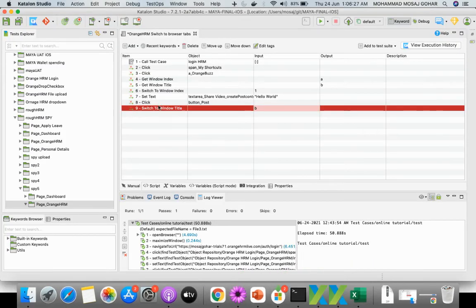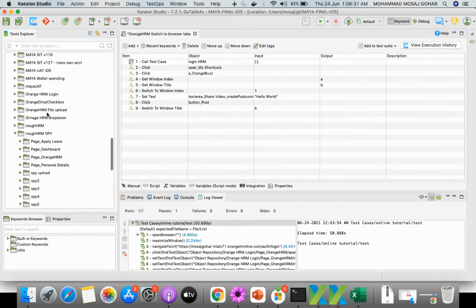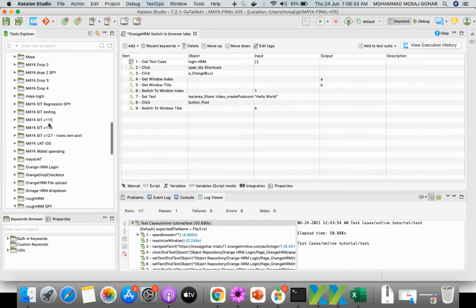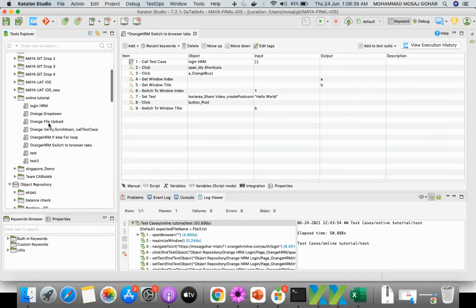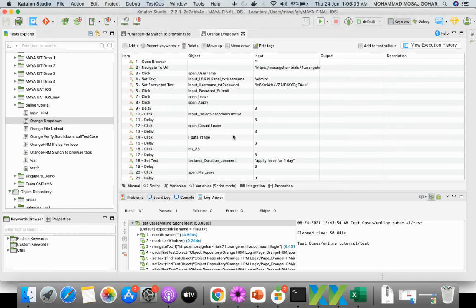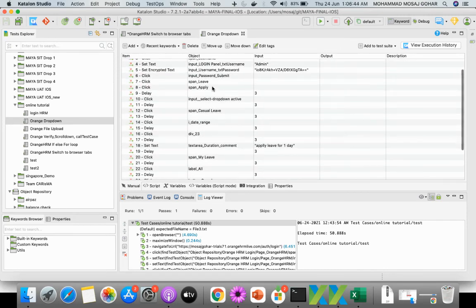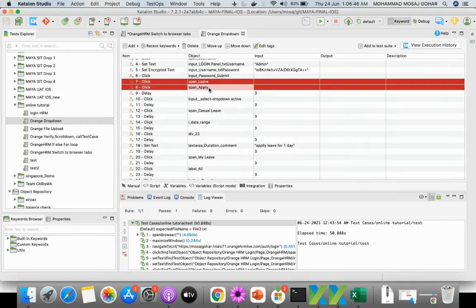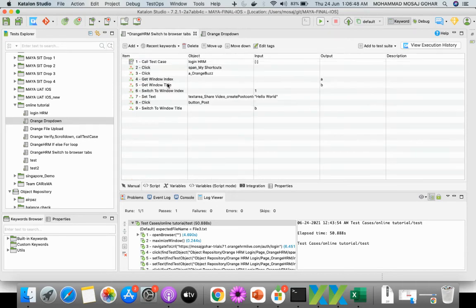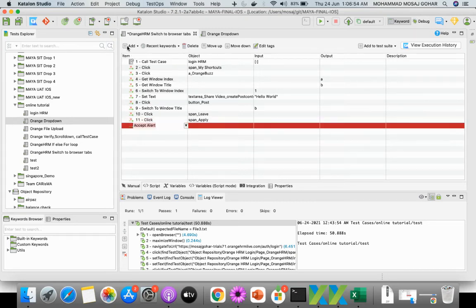Okay, come back here. Because we have a test case where we already have the steps for apply, what I will do is copy the line where it is clicking on leave and apply. Correct, Control C. I'll come here, and after this I'll just paste over here. So click apply, and then just to show the effect of all the switching windows by different methods,